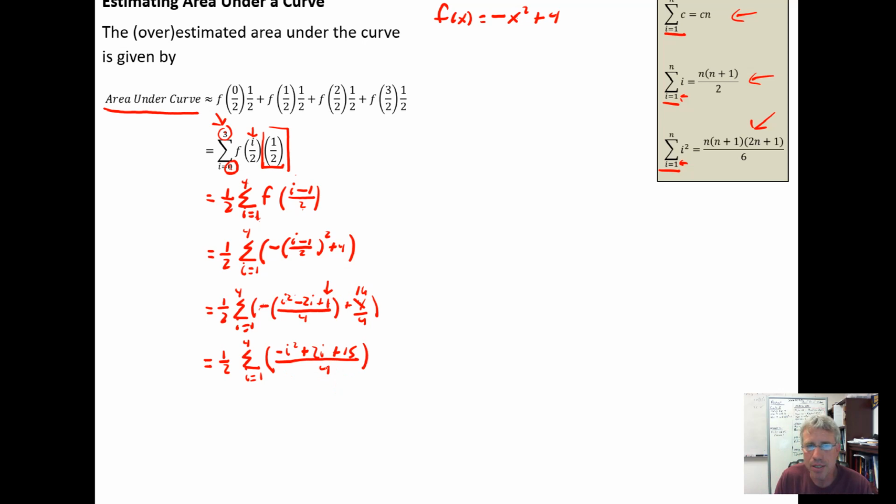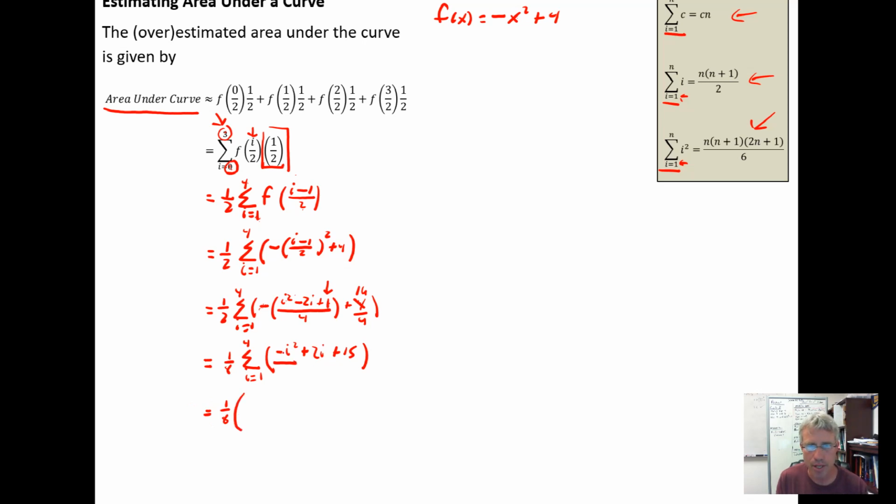But that common denominator is a constant, and because it's under all of the terms, it can be factored out. So instead of a half, I can pull the 1/4 out and get 1/4 times the 1/2 is 1/8, which will leave me just the numerator terms in the parentheses. And then I can start to use my summation formula tools to break this apart into individual summations. So I'm going to get 1/8 times